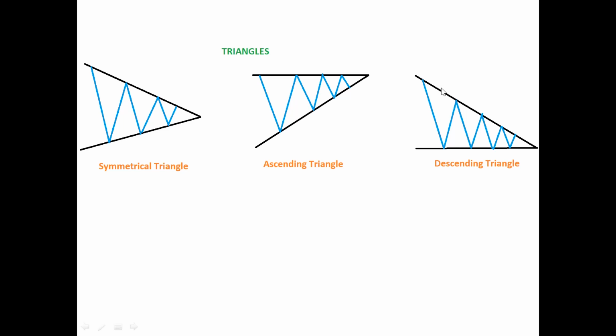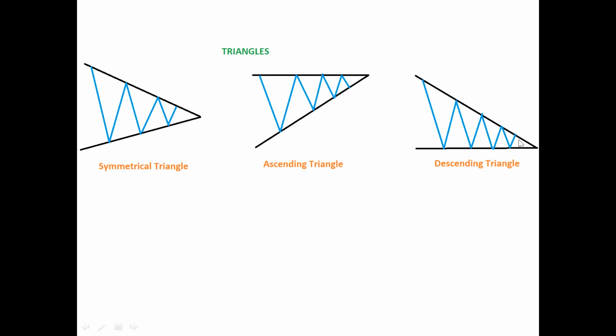So thus the price is making lower highs here. Again, we can have a breakout or breakdown, breakout here or breakdown here. When I have a breakout, I can put my targets: first target here, second target here, and third target here, and my stop loss I can place here, right?